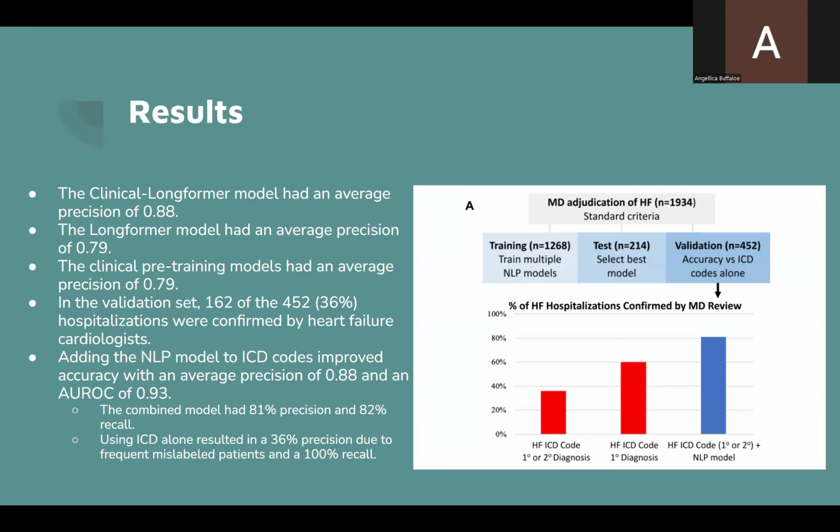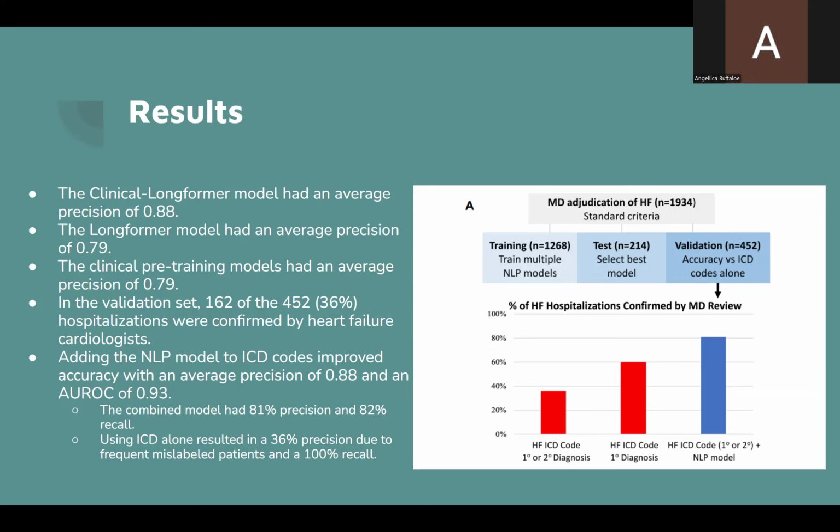In the validation set, 162 of the 452, or 36%, hospitalizations were confirmed by heart failure cardiologists. Adding the NLP model to ICD codes improved accuracy with an average precision of 0.88 and an AUROC of 0.93.